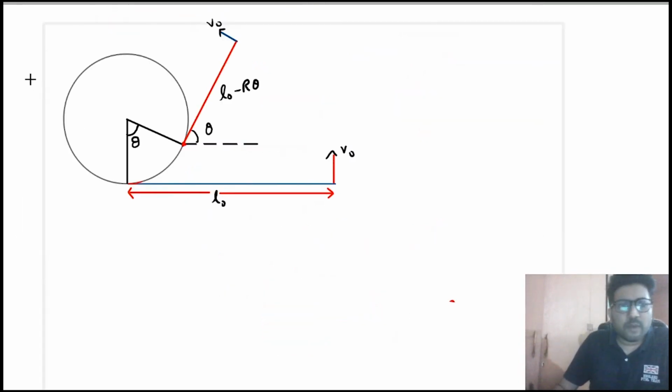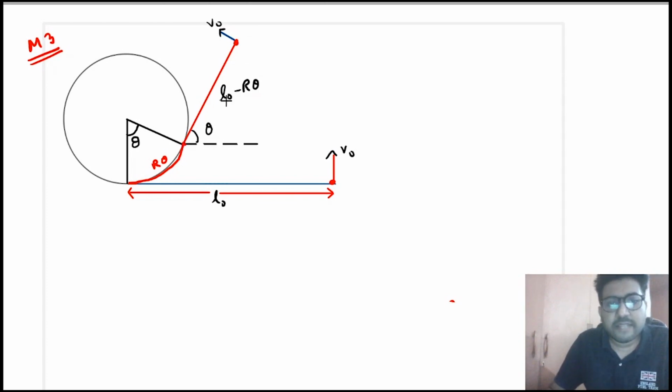Now let us solve this problem using one more method, that is method 3. We will use the concept of angular velocity. Now again the same thing. The thread has rotated an angle theta, suppose at any instant, and so the length of the string wrapped in this cylinder becomes r theta. Now if the length of the string wrapped on the cylinder is r theta, then the remaining length of the string, that is the radius of the circular motion of this disk at that particular instant, becomes L0 minus r theta. So you will say at this instant omega is equal to v0 by radius, that is L0 minus r theta.